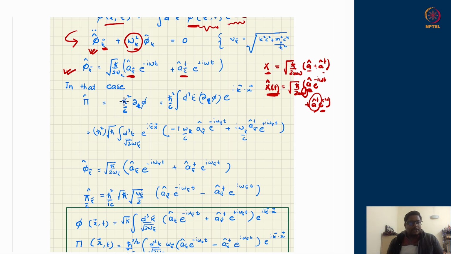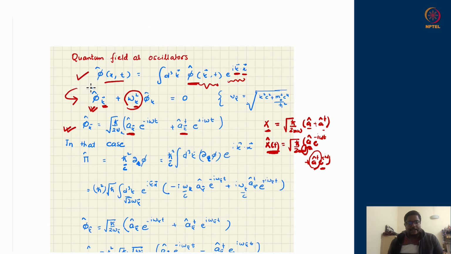So what should I do? I should take this phi which we have written upstairs here, and then write down its derivative. When I write down its derivative, the del t part will just hit this phi k of t we have just written here. So ultimately the derivative with respect to time will hit the exponentials. The exponentials will give me either minus i omega and the exponential back, or plus i omega with the exponential back, and there is an overall 1 over c which is coming about. So that's what we have to do.